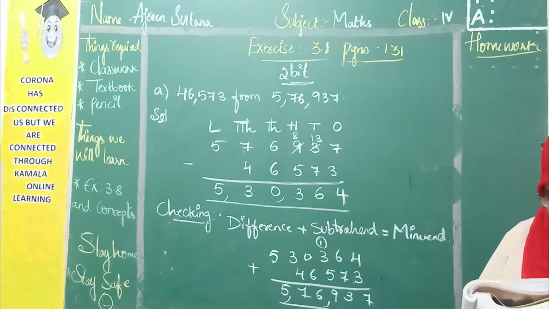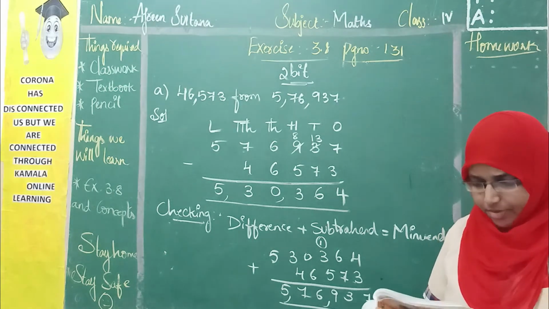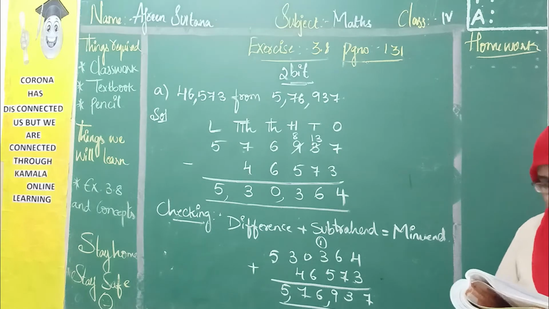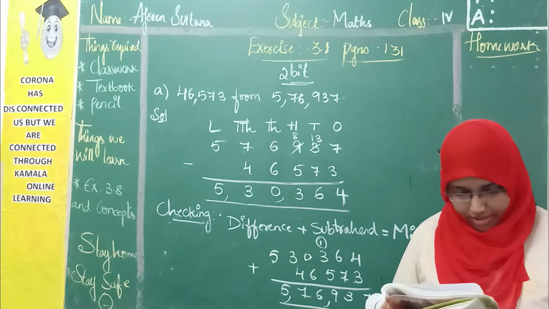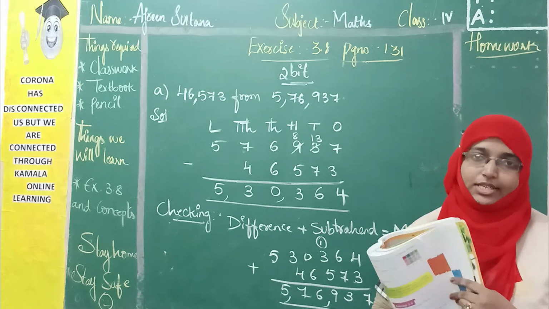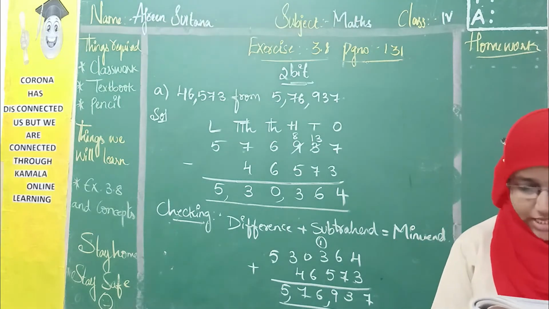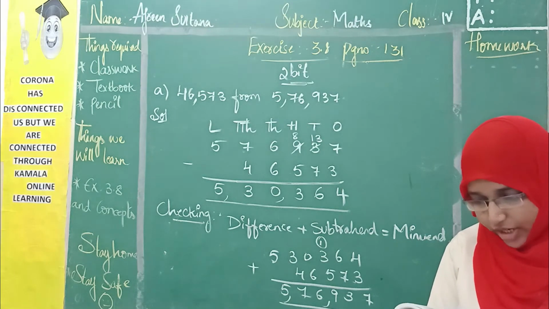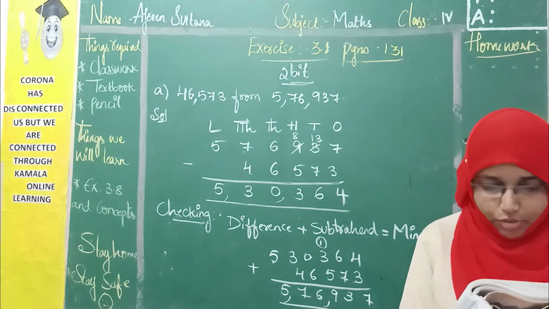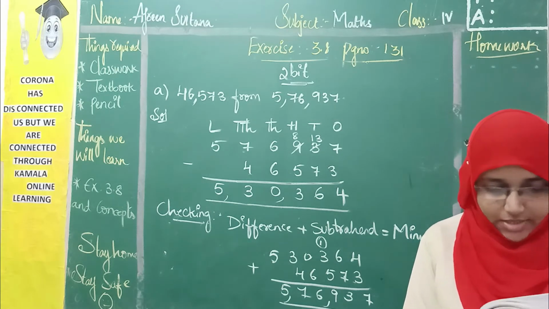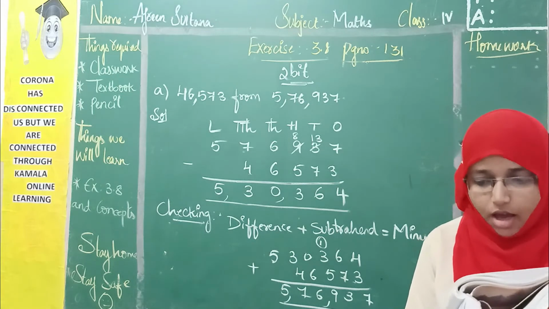Let us see. Please open page 132 and look in your book. Estimating the difference can be done by rounding off the given number to the nearest 10, 100 or thousands or as required, and then subtracting the rounded numbers, same as estimating sums. See here they have given an example: estimate the difference of 714 and 439, compare it with the actual difference. Here they have first rounded off the values, that is 714 has been rounded to 710 and 439 can be rounded to 440.